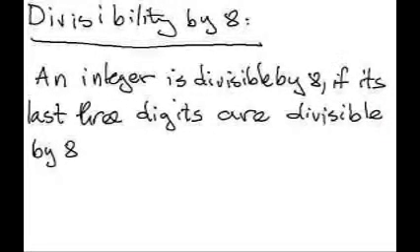Divisibility by 8. An integer is divisible by 8 if its last 3 digits are divisible by 8. Now, this rule is not the most useful. This is useful only if your number is longer than 3 digits. Not to mention that you have to feel comfortable with taking a 3-digit number and knowing whether or not it's divisible by 8. On the other hand, if you're given a large number, say something like